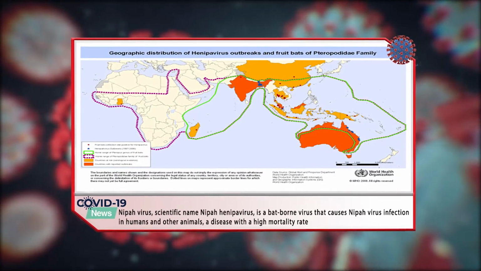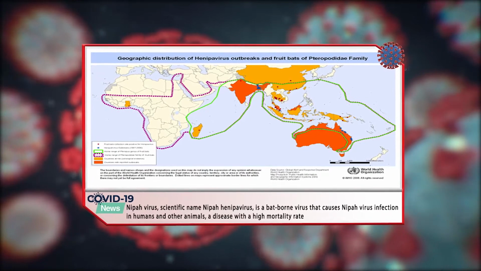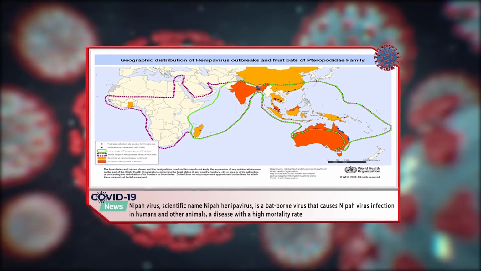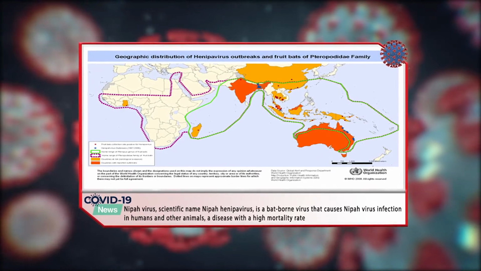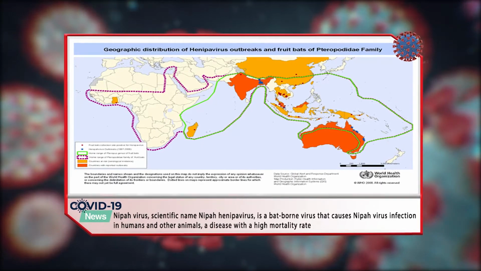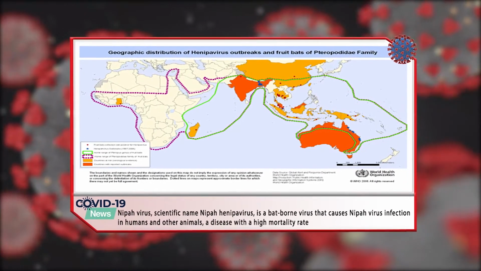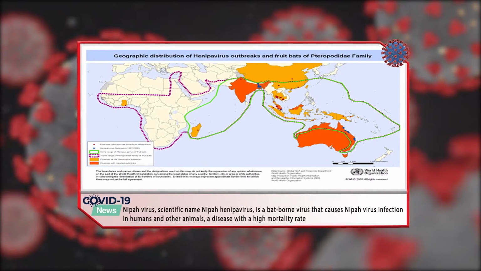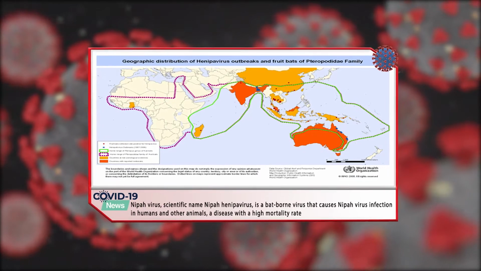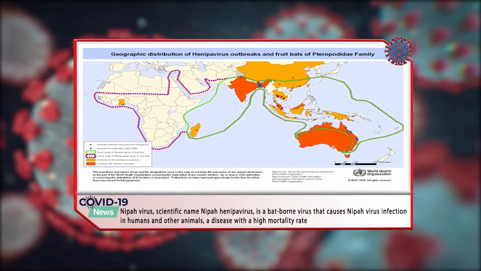Symptoms of infection from the Malaysian outbreak were primarily encephalitic in humans and respiratory in pigs. Later outbreaks have caused respiratory illness in humans, increasing the likelihood of human-to-human transmission and indicating the existence of more dangerous strains of the virus. Based on seroprevalence data and virus isolations, the primary reservoir for Nipah virus was identified as pteropod fruit bats, including Pteropus vampyrus, large flying fox, and Pteropus hypomelanus, small flying fox, both found in Malaysia.